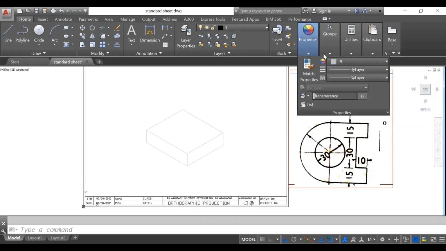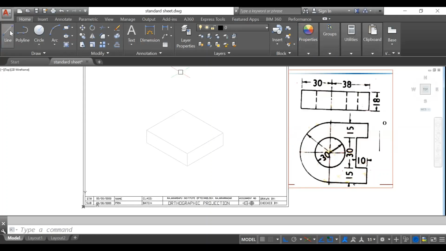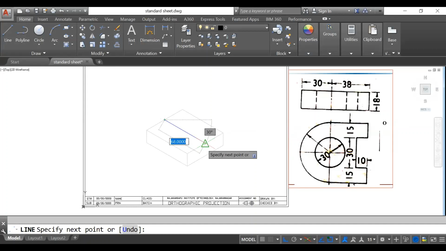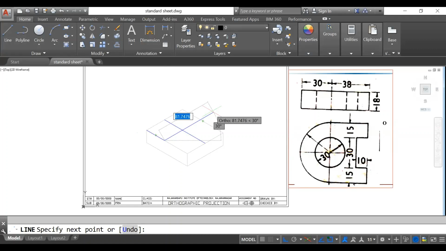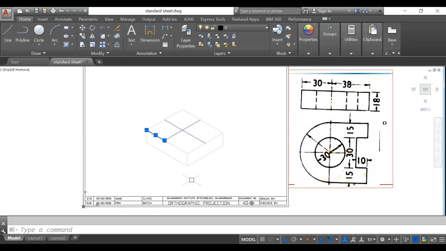So I have to draw one center line for this in the top view. So I will just directly take the center point to center point. So you can directly midpoint join if your line is 60 mm. Then from this horizontal center line, vertical center line I have to take 30 mm this side. So I will take 30 mm from this corner, and then I will just join this. I will just draw outside, because if I take inside, it may take the center point directly. So I will just take it outside, and then I will trim this part. So I will delete it. Okay. So this is what the center.